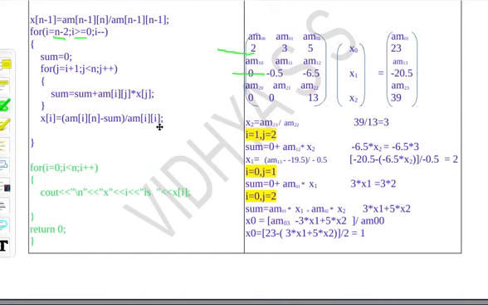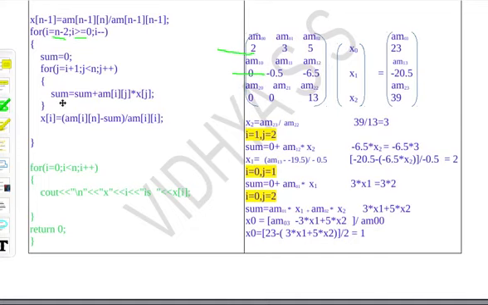And I want to find the sum just after the diagonal elements. See, if my diagonal is 2, I need to find the sum of 3 into x1 plus 5 into x2. Here the diagonal element is this, so I need to find the sum of minus 6.5 into x2 only. That is, there are no other elements in this matrix.